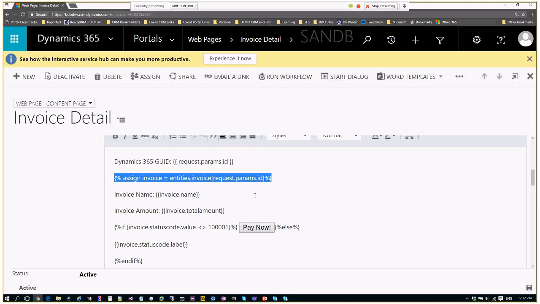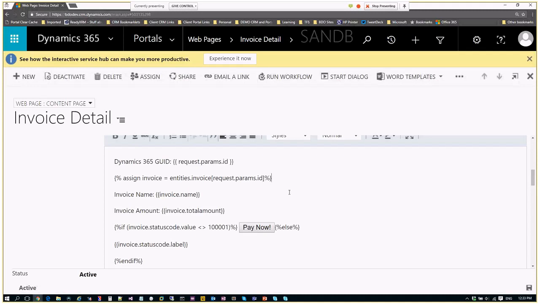Now, one thing I do want to point out is that using Liquid, we can't write data back. So if I think I can do something like create a tax calculation here using Liquid and then write it back to the database, that's actually not possible. That's where we need to look at some other methods. Typically you would want to do that kind of stuff on the CRM side or call out to another web application. Liquid is really just meant to help display content dynamically and pull some of the information from CRM and display that. So that's the example I've given of pulling that information.